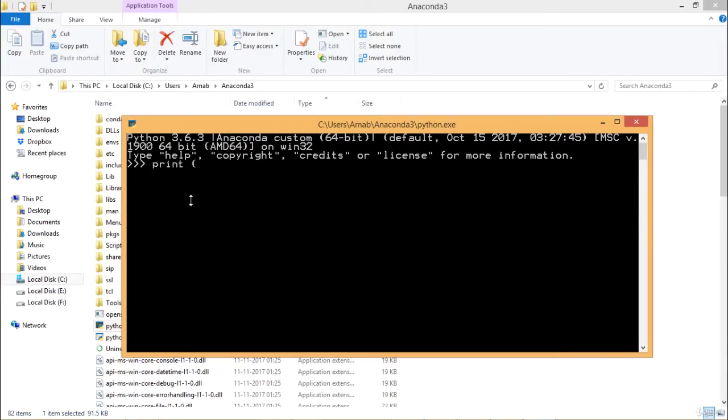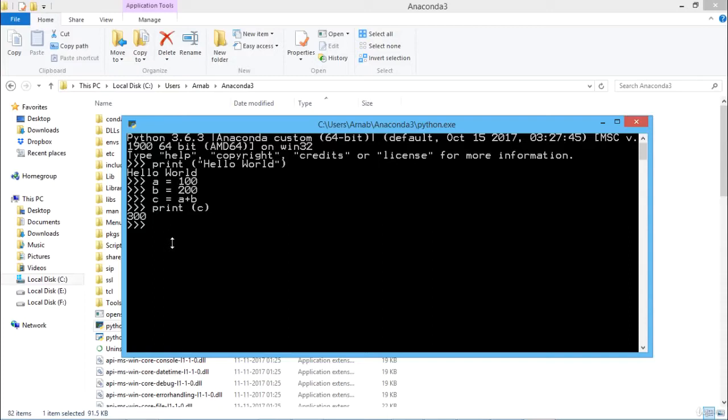So we are writing print hello world. In this way we can go for this. So a is equal to 100, b is equal to 200, c is equal to a plus b, and then you can go for print c. It is getting printed as 300. So this is the mode which is known as the immediate mode.